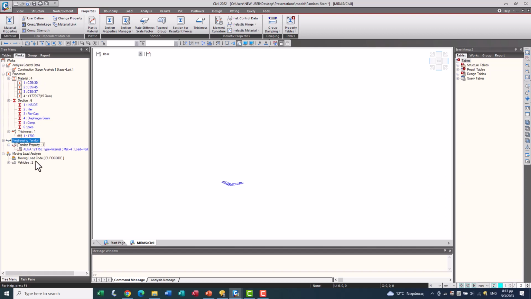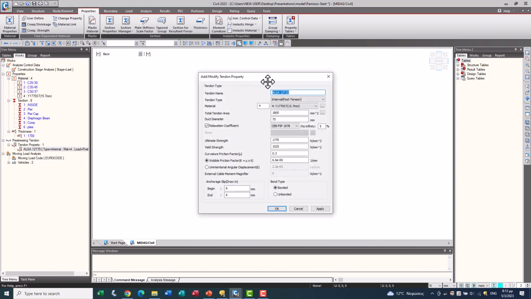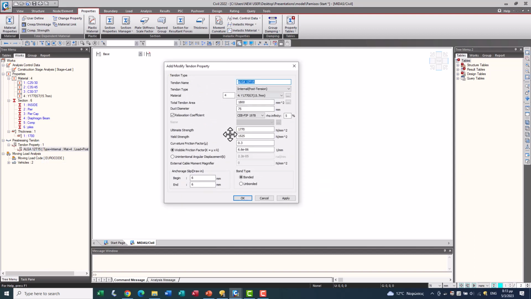Also we assign the tendon properties. We provide the tendon area, ultimate strength, yield strength, etc. in order to assign the tendon properties.